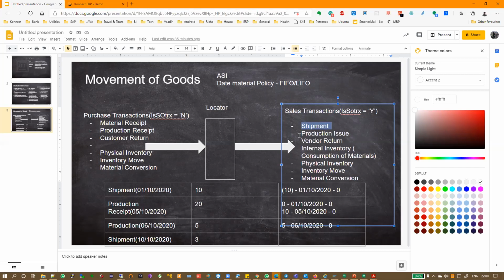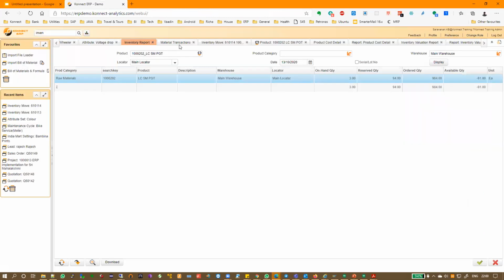So it's like blocking the stock. It doesn't physically block the stock, it just creates a reservation. So this record is called the reserved quantity. Okay, ordered quantity is incoming reservation, reserved quantity is outgoing reservation, and available to promise or available quantity is nothing but reserved quantity minus on-hand quantity.